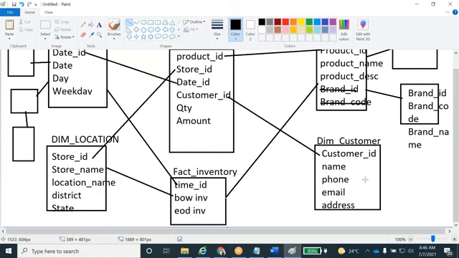But come to the dim customer. Dim customer we are not going to use in the inventory table. We are going to use it in the sales table only, so it's not a conformed dimension. With examples, you can tell product, location or date. These are the kinds of conformed dimensions used in the sales table, fact inventory table, and purchase table. In all the places, they use the same dimension.